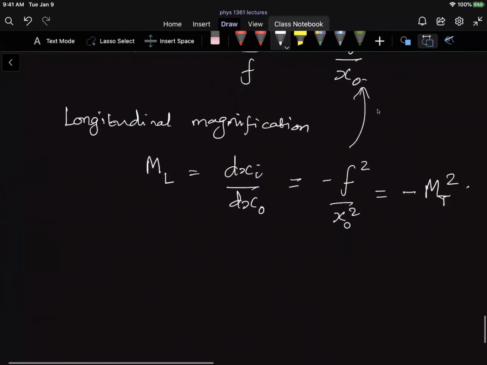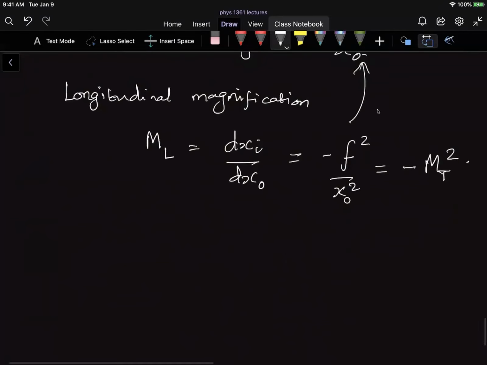So this is a very general result actually, although I've derived it for the specific case of a thin lens. The longitudinal magnification ends up usually being the square of the transverse magnification. Okay. So at this point, I'm going to pause the video and I'm going to ask you to answer